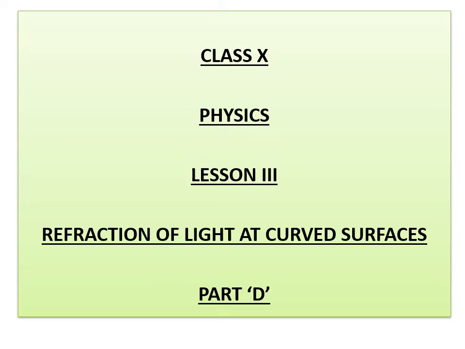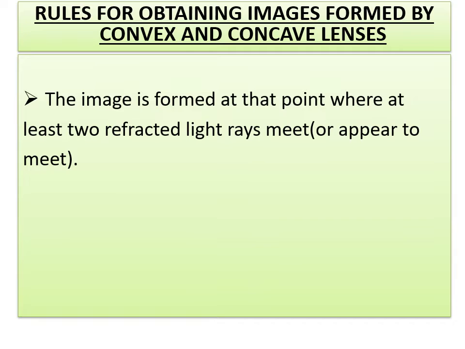Okay, today we are going to continue the next part of our lesson, refraction of light at curved surfaces. To know the formation of image by lenses, we need to know the behavior of light rays when they meet a lens. Though we know that a lens has two surfaces, while drawing ray diagrams we have to consider the lens as a single surface element, because we already assumed that the thickness of a lens is very small, either in the case of a convex or a concave lens. And that shows the net refraction on only one of the surfaces.